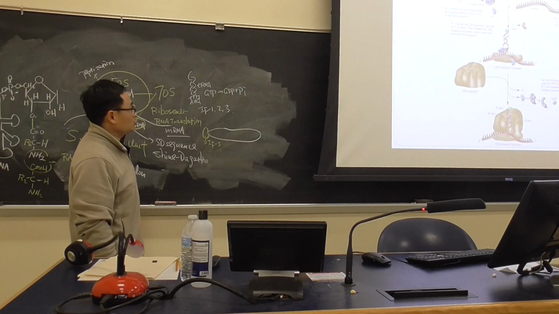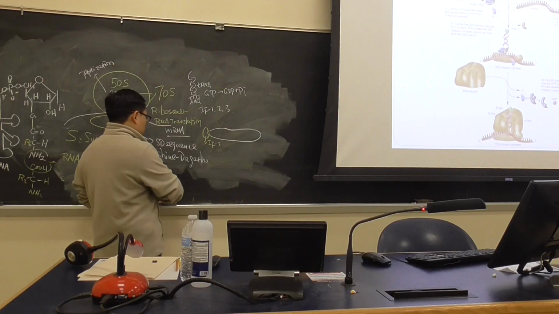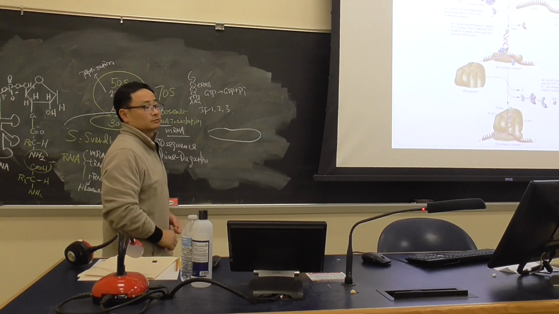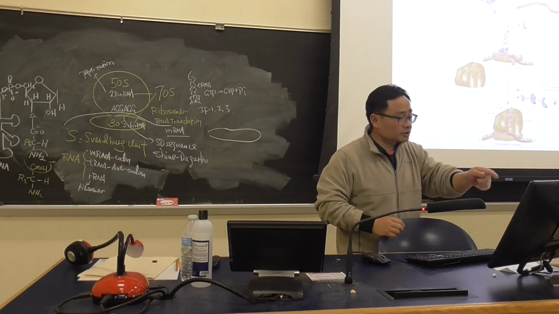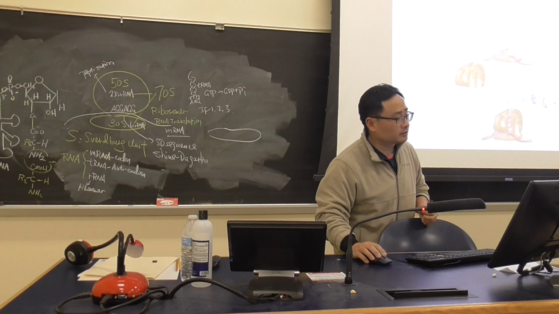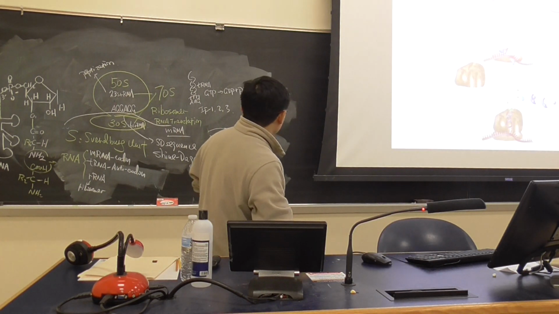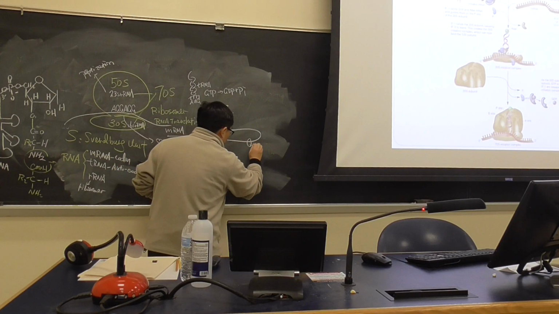But once you start to do the translation, what happens? This will be gone. This is going to be taken out. Taken out by which one? It is initiation factor number 1. Then initiation factor number 1 will